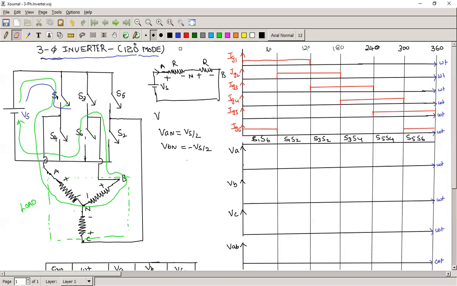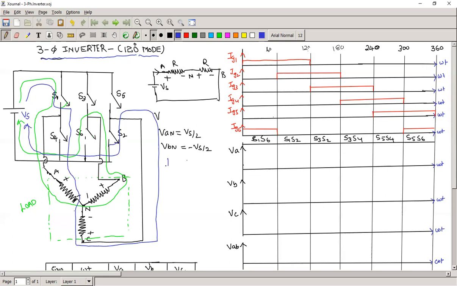So from the A phase, it comes to the neutral. See, S2 is on, and again it returns to the source in this manner. So this is closed. If we draw the equivalent circuit